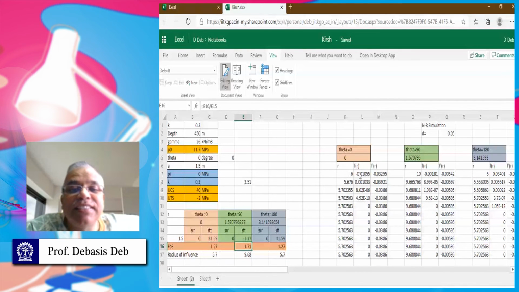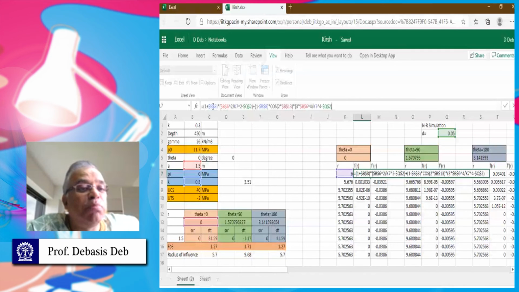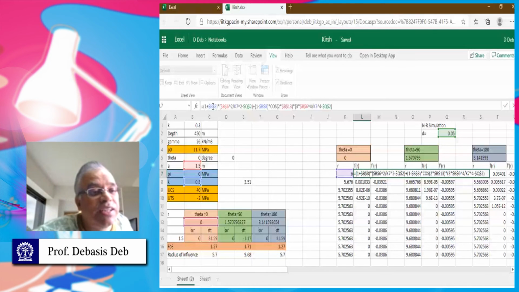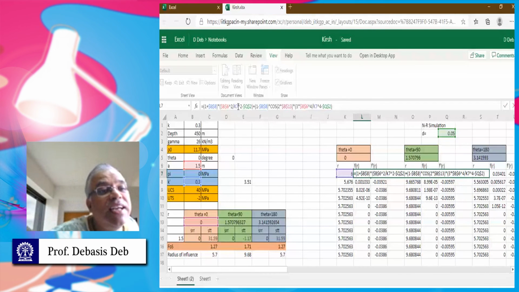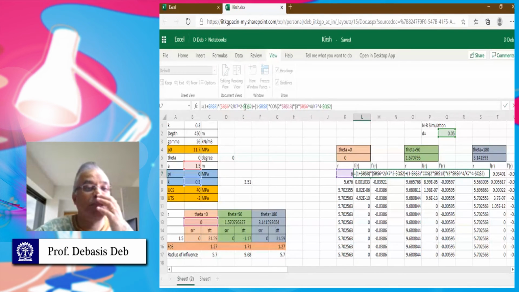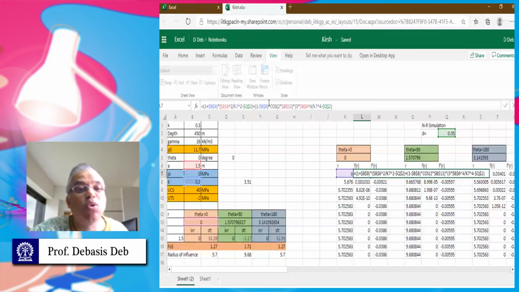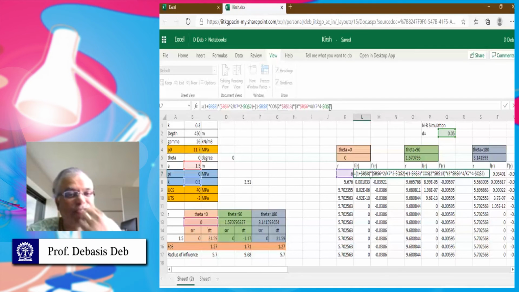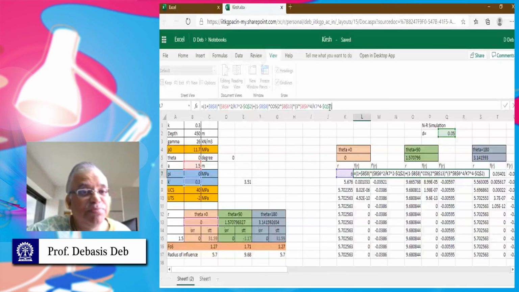So you can see this is that equation. I think you cannot read that. This is basically 1 plus K, then B6. B6 is A square by R square minus D, something like that, plus 1 minus K cos 2 theta, and then 3 into A square by R square minus D. Something like this is the formula. This is the function which needs to be 0. Okay. So I'm looking for an R for which this function is 0.